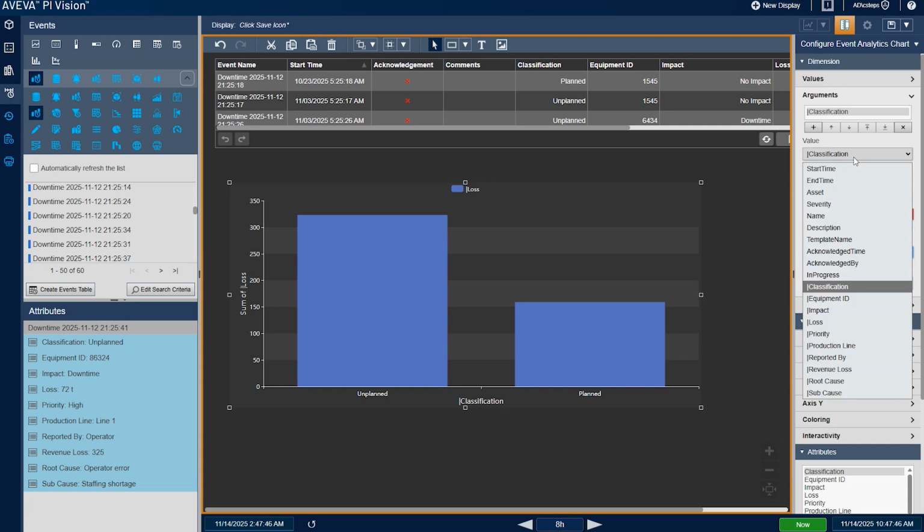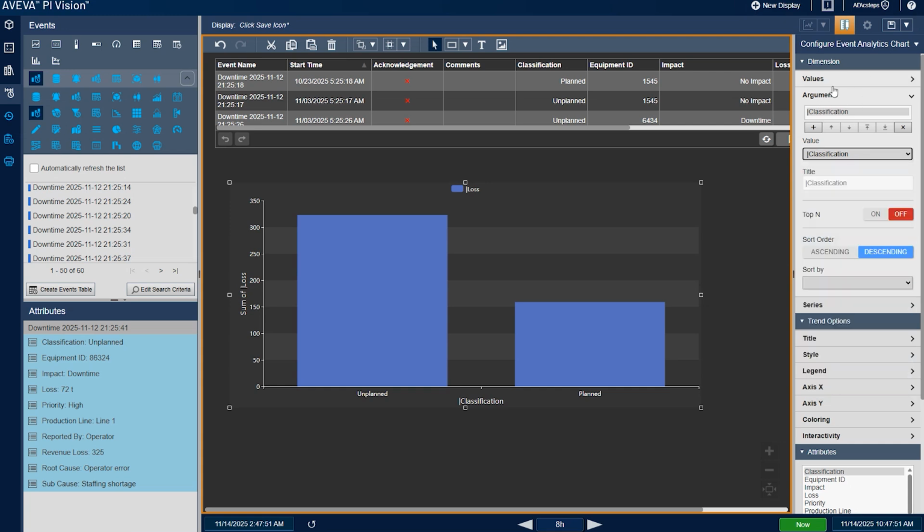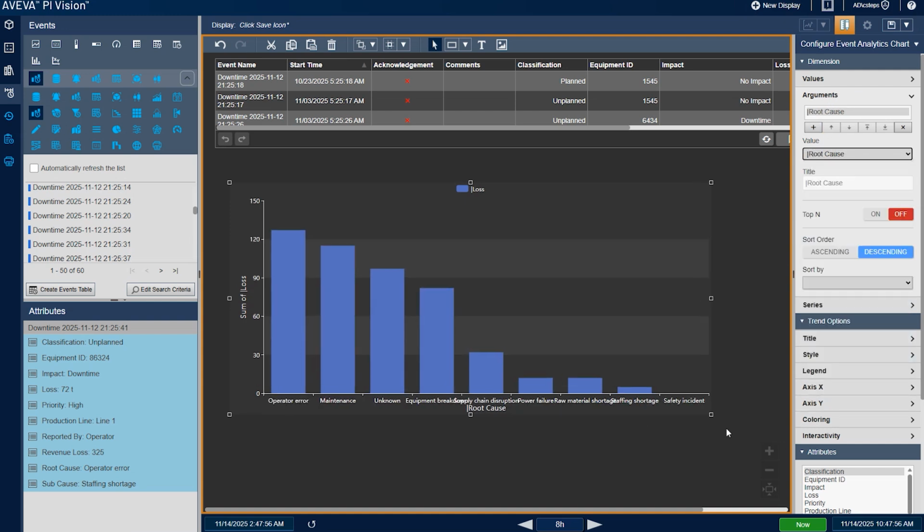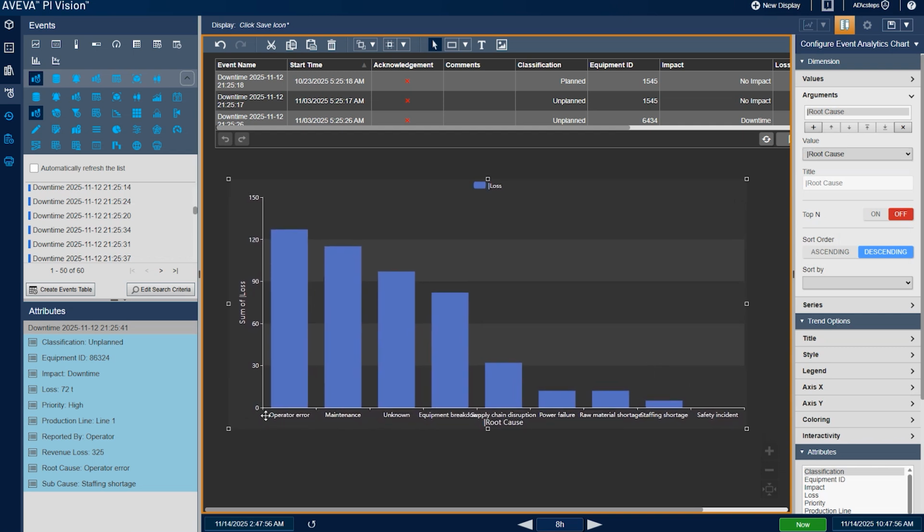Now we want to group our losses by root cause, for example. So what we do is we go to the arguments section, and instead of the classification here we select root cause, and then immediately we see, instead of the planned and unplanned, we see our different root causes for our downtimes